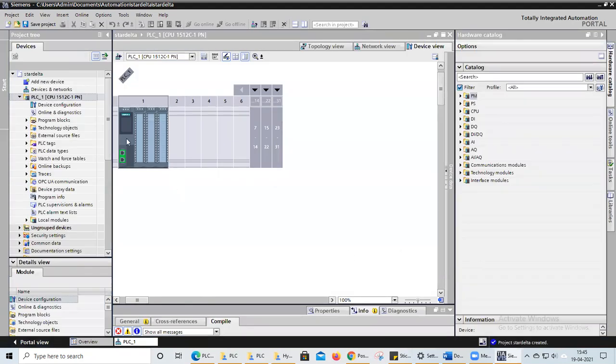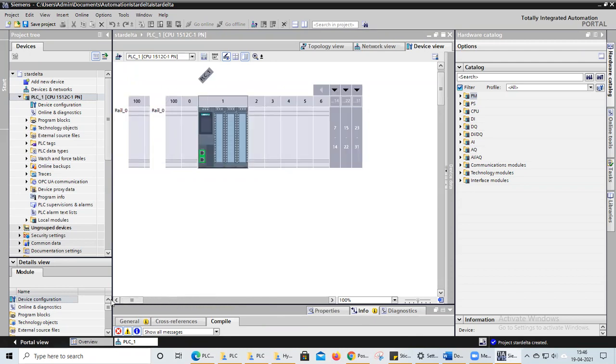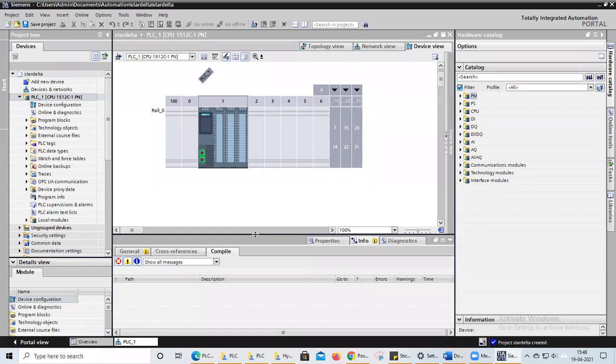So we have added the CPU to our program block. Now our second option is we need to write a program. We know about the CPU already. Explanation regarding the CPU is provided to you, including inputs and outputs, analog inputs and outputs, Ethernet connection addresses, everything you know about it. So we directly go for the program block. We will write a program here and go for the main block.